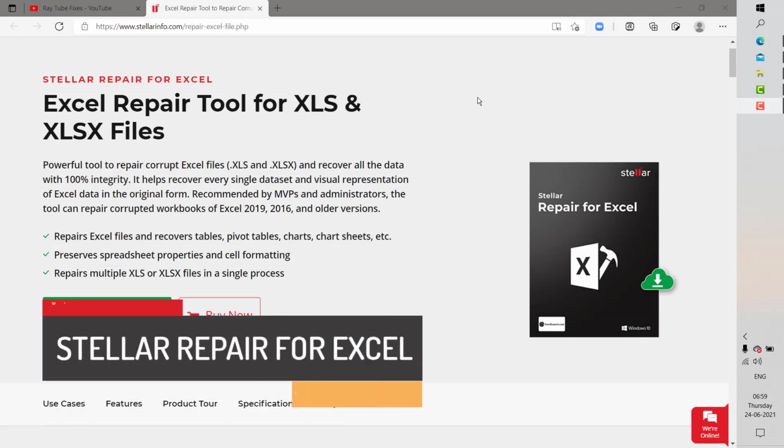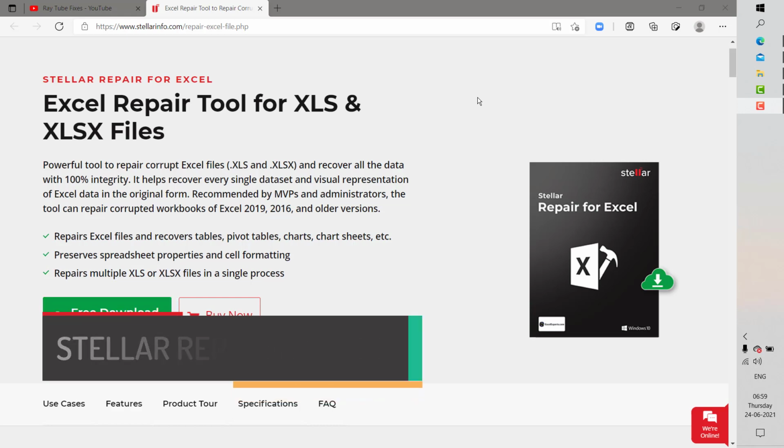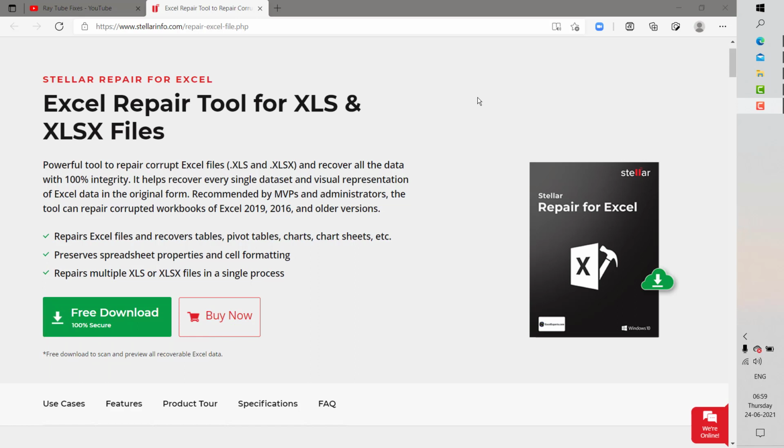On this video, I'm going to talk about Stellar Repair for Excel. Now, this is a powerful tool to repair corrupt Excel files with the extension .xls and .xlsx and recover all the data with 100% integrity. And I'm going to walk you through step-by-step instructions on how to use this tool to repair the corrupt Excel